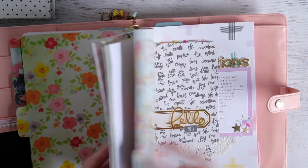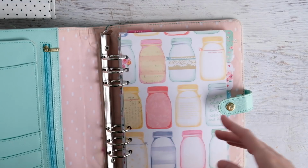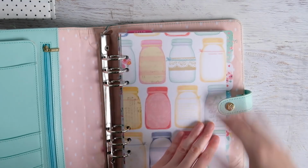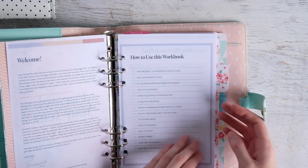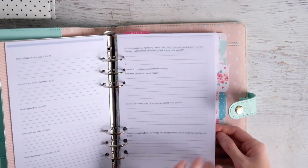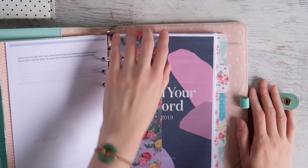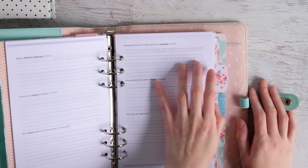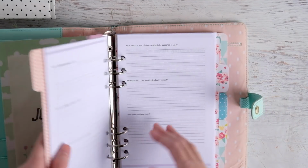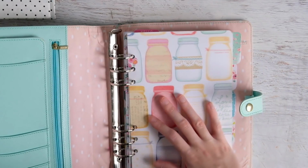I showed a little flip through of this on Instagram, but I moved those guys out, so I'm going to archive what's in the Carpe Diem, and I've already made new dividers, and I printed out this year's workbook that of course I have not filled in yet, so I have to get to it. I also printed out the Find Your Word workbook, so once I fill this out, I'll have a better idea of what my intentions are for the year, and normally I always do a blog post,